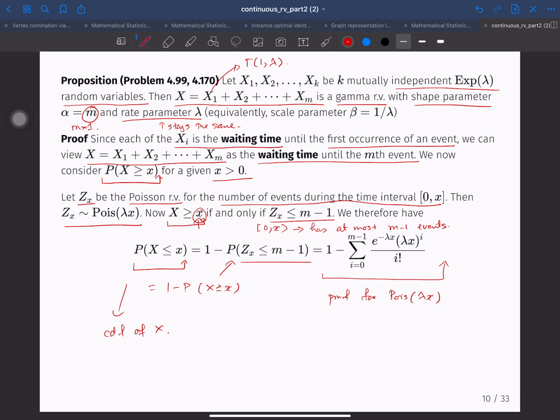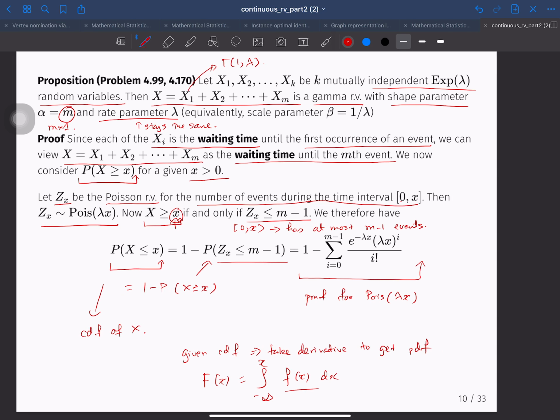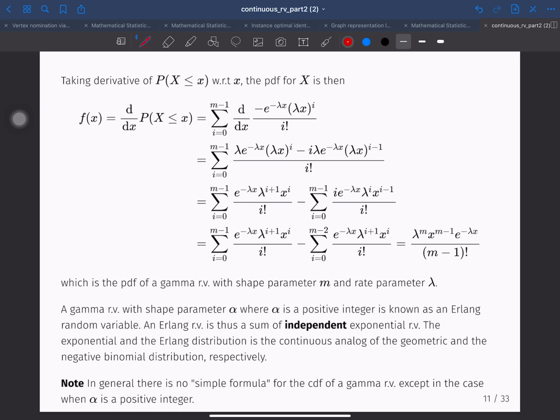And so given the CDF, you can easily determine the PDF. So given the CDF, take the derivative to get the PDF. And that's what we say, right? Because F of x is the integral from negative infinity to little x of little f of x dx, which is the PDF. So if we take the derivative of the CDF with respect to x, so